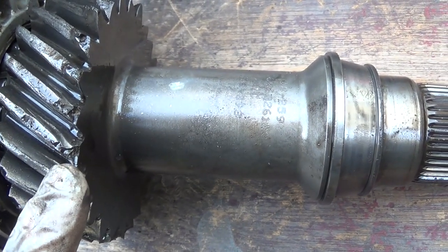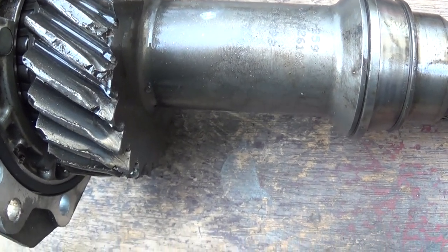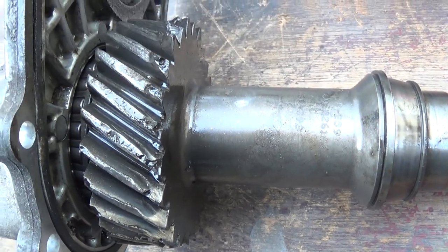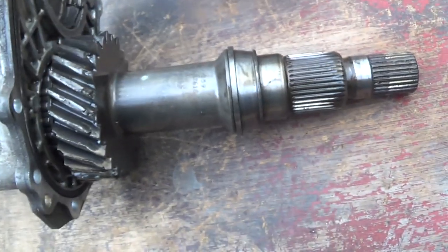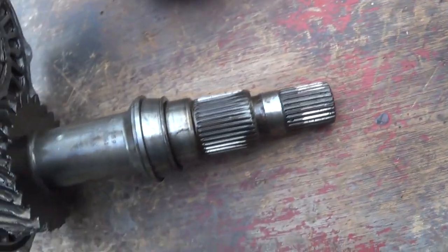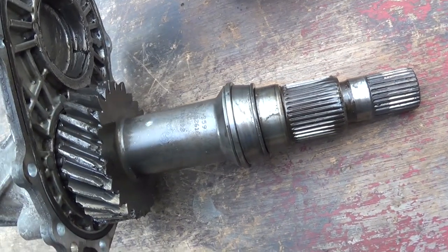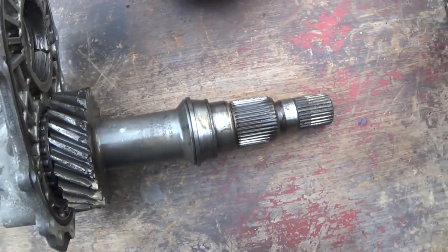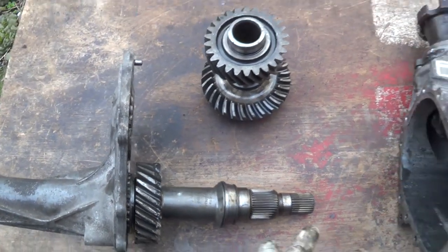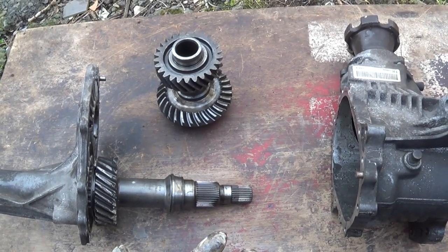What probably happens is that the oil is not changed on these frequently, and the bearings just start to wear and they collapse. They just fall down into the cogwheels and mash it up, ruin it, crack the casing. What I've decided to do on mine is, rather than spend up to £1,000 on another